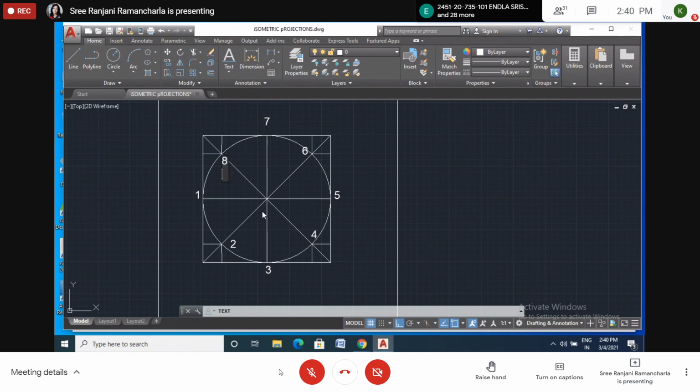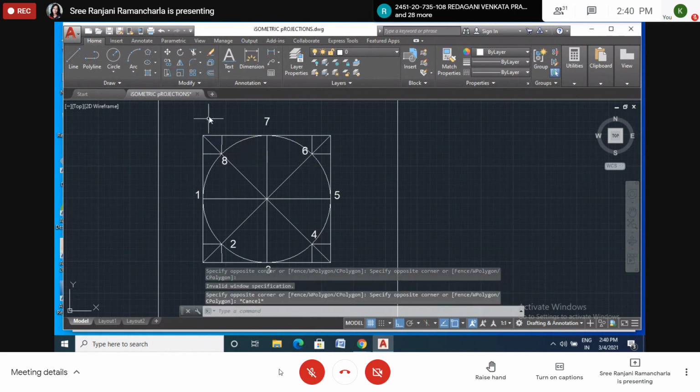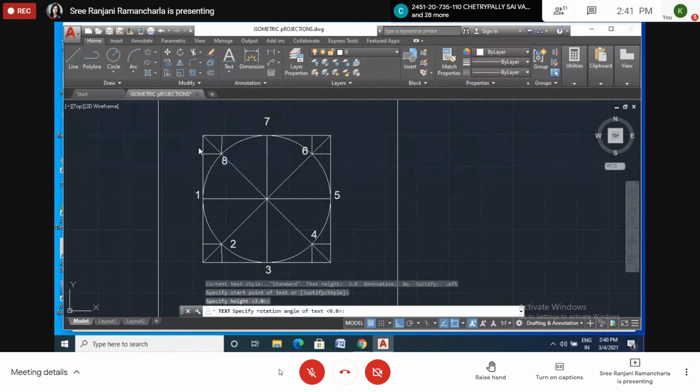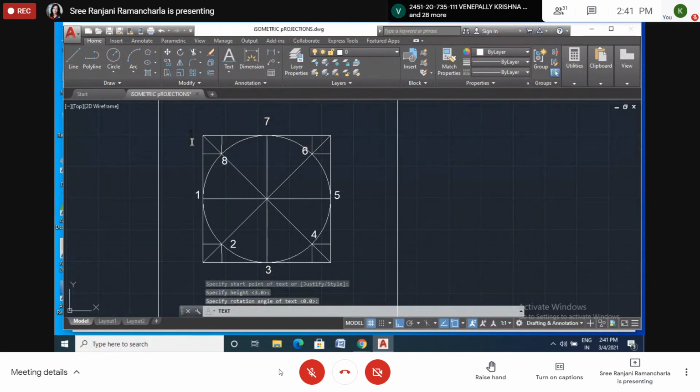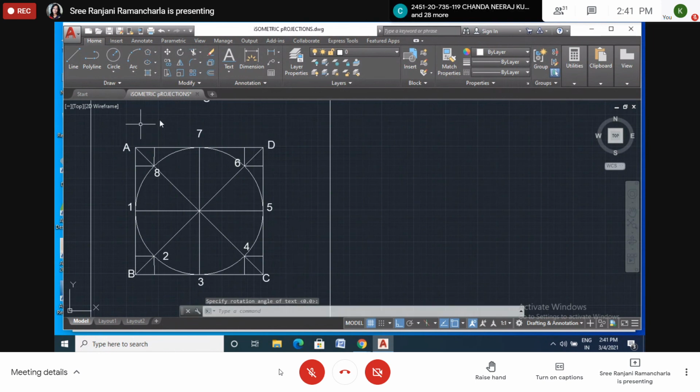Enter. And this we will name as A. This is B, C, and D. Okay. Enter. Now, once we constructed a square around this, we have named these points.